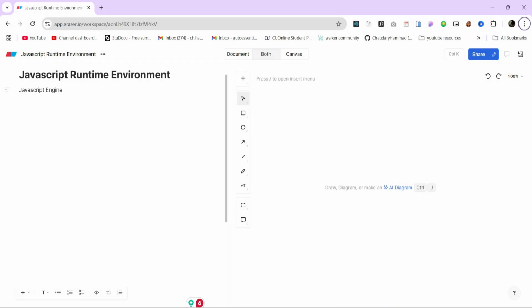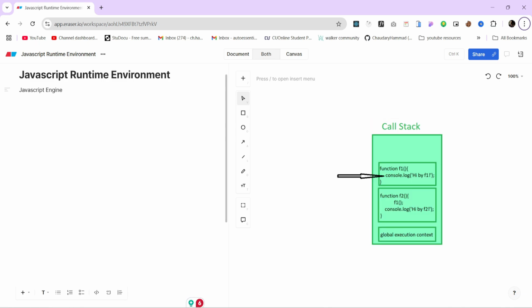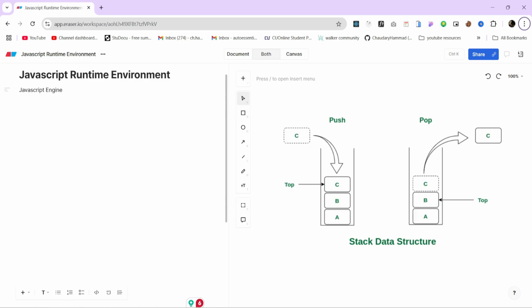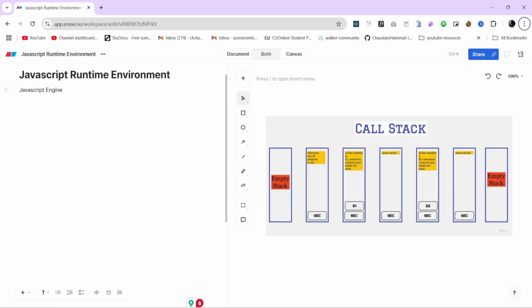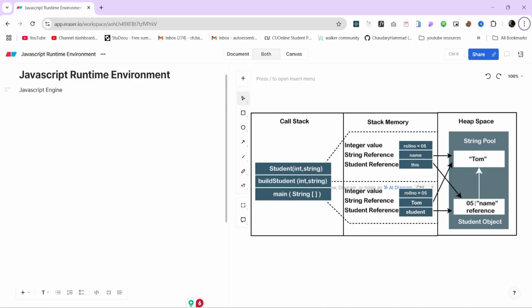In the JavaScript engine we have two main components, the heap and the call stack. Call stack is where the actual execution of program happens. Call stack keeps track of the function calls, and it gets deleted with the completion of the function execution. Heap is a dynamic memory which stores all the objects that the JavaScript needs, and call stack is a structured memory, and it has the execution context of the JavaScript program.